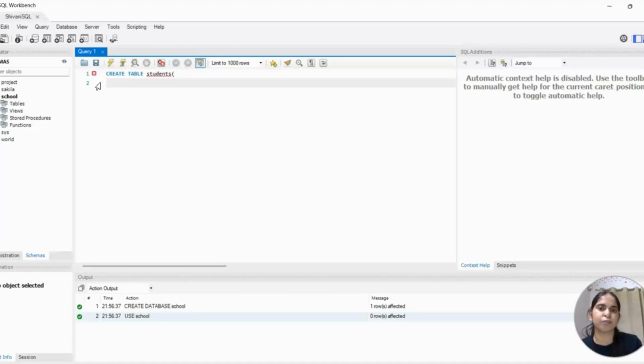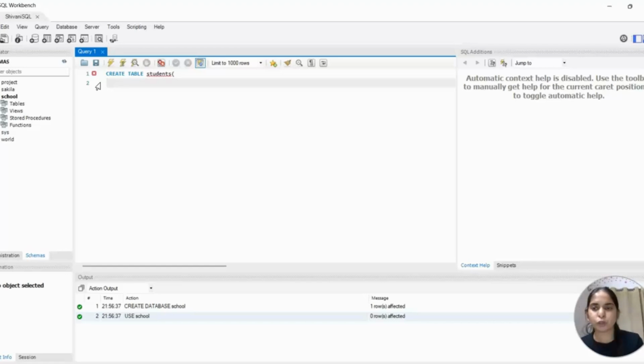First we will define the columns. If we are making a table of students, we need ID, name, age, and city also. I'm just making a small table, so we can give only four columns.